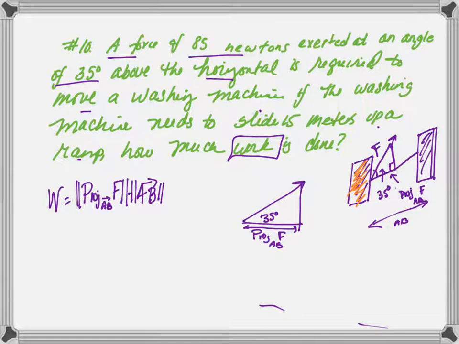And here's our F. If we look at the cosine of 35 degrees, that's equal to the projection of F onto AB over the magnitude of the force vector, which is